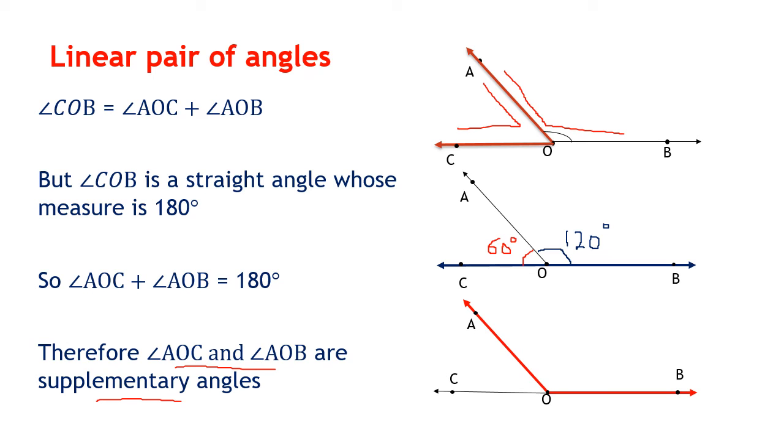Remember, all linear pairs are adjacent, but all adjacent angles are not linear pairs. So to our definition of angles, complementary angles, supplementary angles, we have added adjacent angles, we have added linear pair. So what you have to remember, when any diagram is given to you, if there are more than two angles in the diagram, you should at once know which angles are the adjacent angles, which angles are the linear pairs, and what is the relation of linear pairs. The straight line makes 180 degrees.